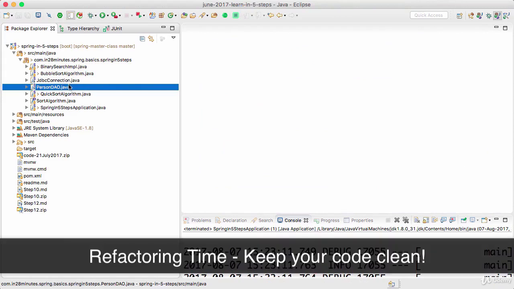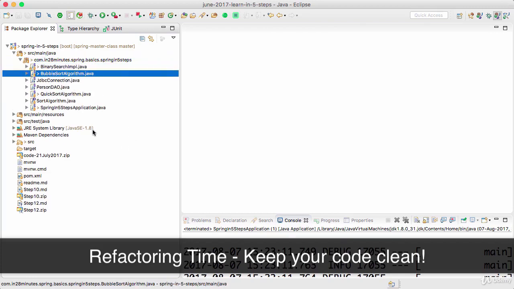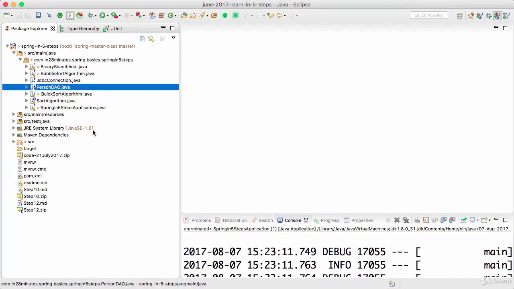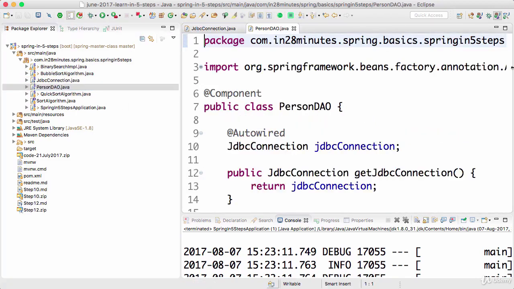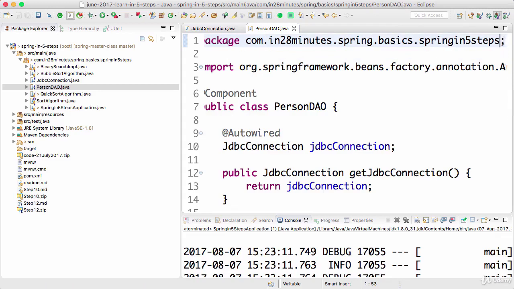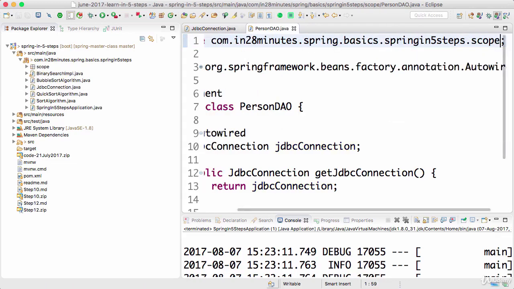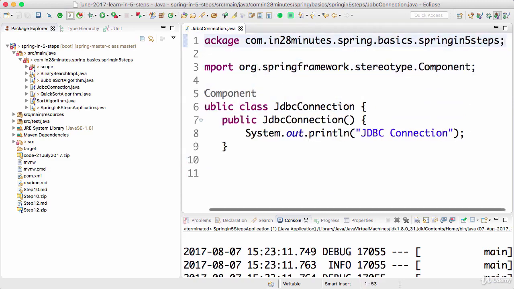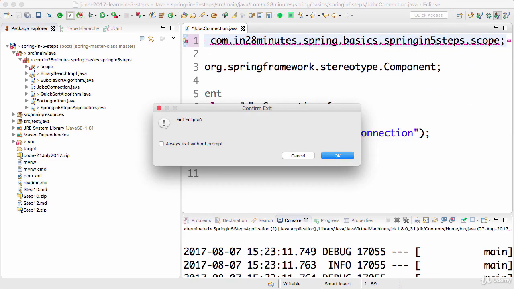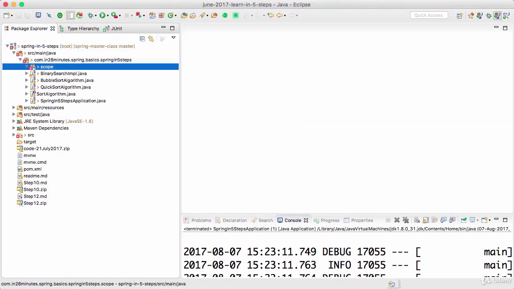One of the things I realized right now is the fact that we are having a lot of classes in the same package, and that's not really good, right? So let's try and separate these things out. What I'll start with is the one class which we created just now, the JDBC connection as well as the person DAO. We are trying to discuss scope in here, so I'll change them to a package called scope. You can press Control 1 or Command 1 and say move person DAO to that package. And the same thing in the case of JDBC connection also. I would want to move this to a package called scope. Command 1, move it to the package, and that's cool.